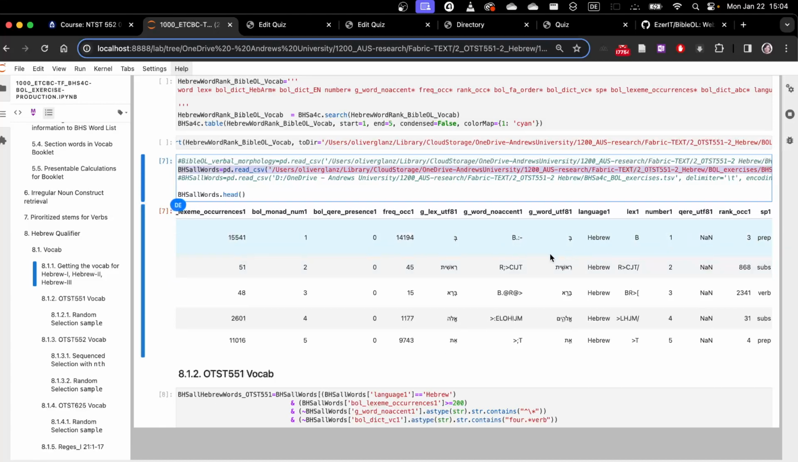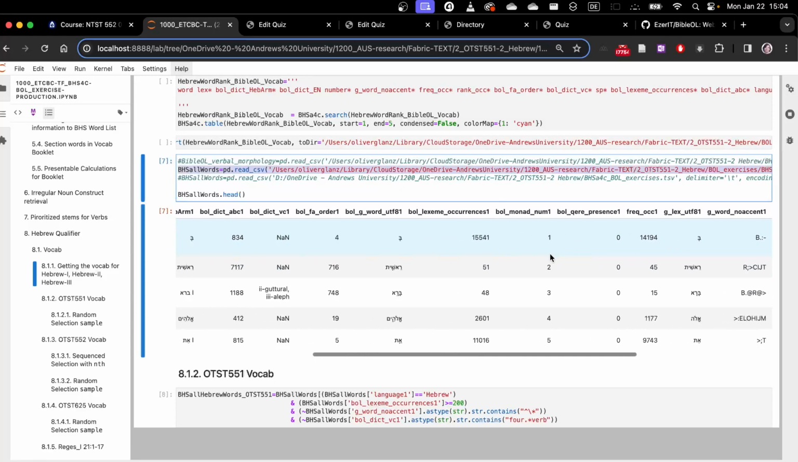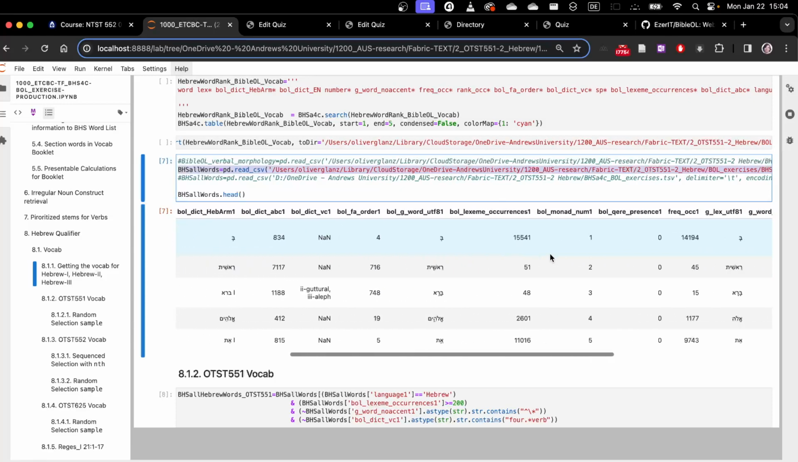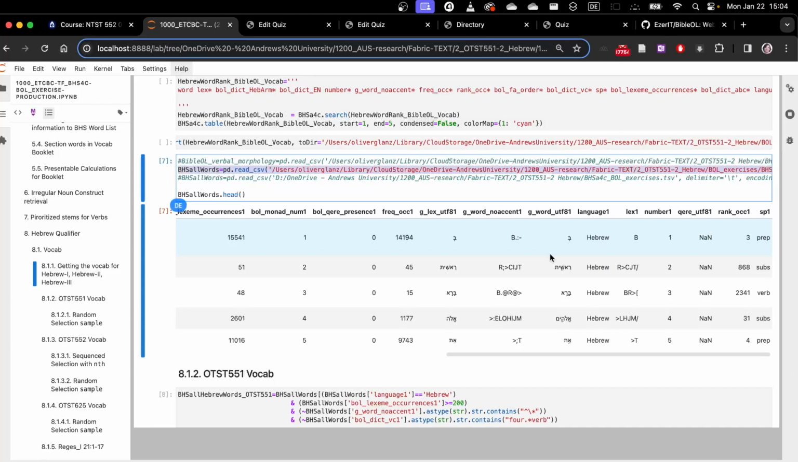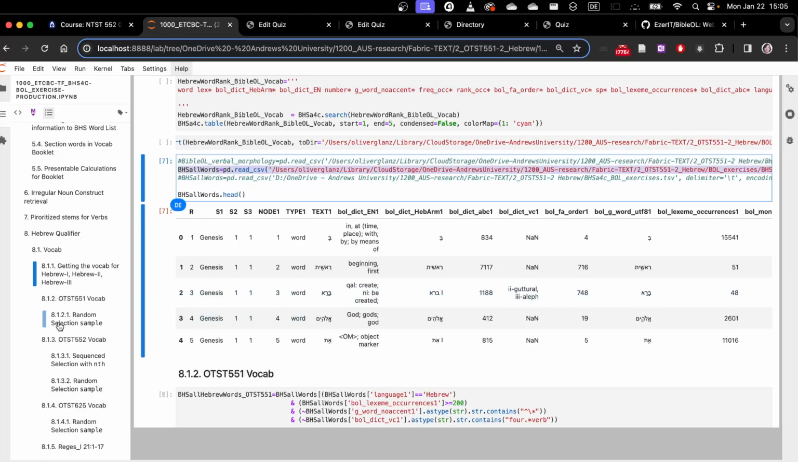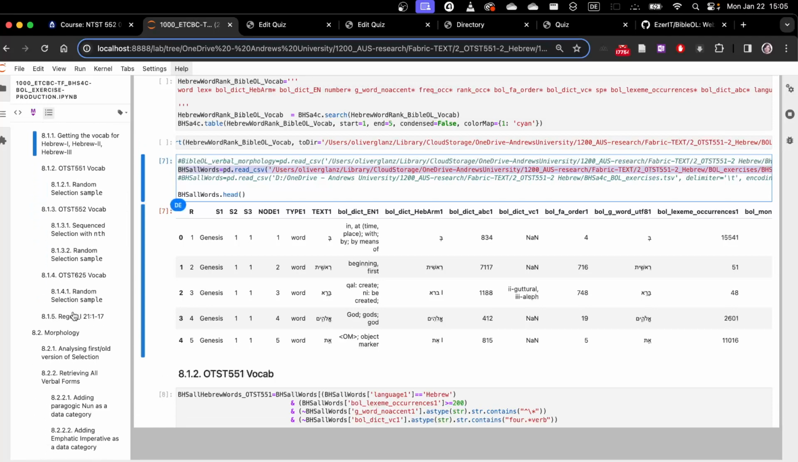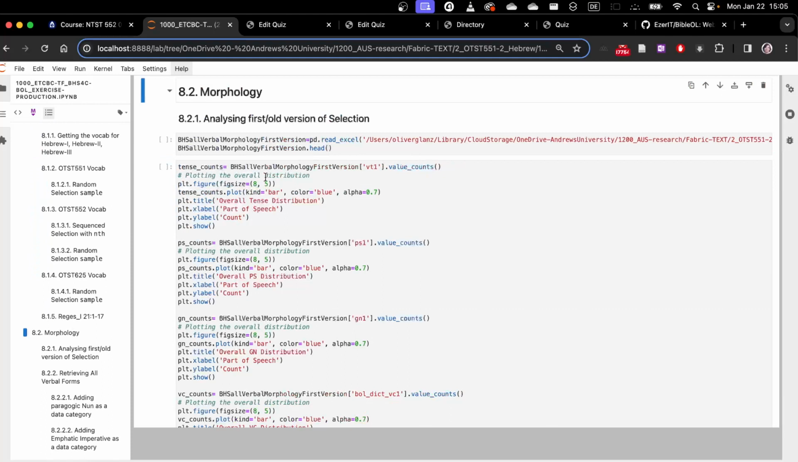I have the monad numbers. That's something I'm very keen on getting, because here's monad number 1, 2, 3, 4, the first word, the second word, the third word, and that allows me to match it with the Bible Online Learner. Anyway, once I have created the word list, I can now create any word-based exercise that I'm interested in, for example, morphology. So I now load my pandas data frame